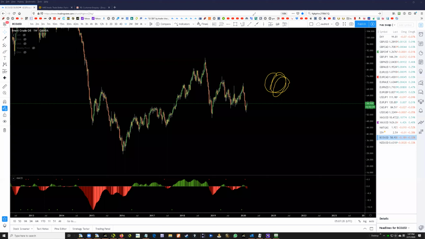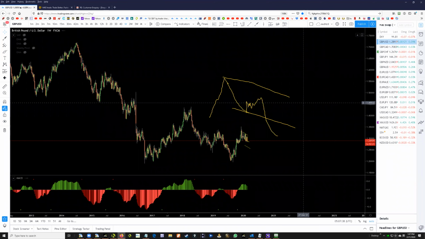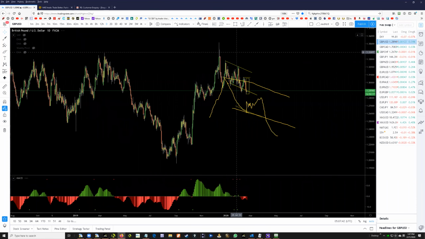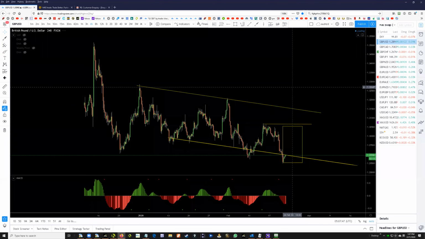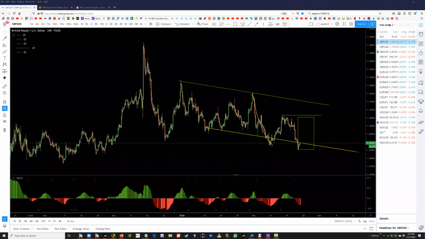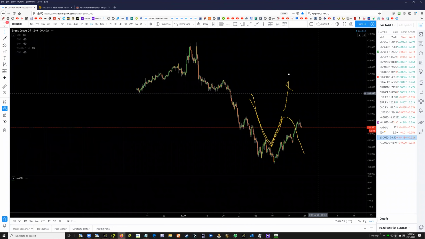But right now, what you can see is something like this, and this looks like the most obvious one. It looks like it might come up here, it's true, then it might fall down, just like pound dollar. If you look at pound dollar, you see what happens. It just came here, so you thought in this case it went up, but it did not continue. Instead, it just did 1, 2, and then it collapsed. So when I come back to oil,